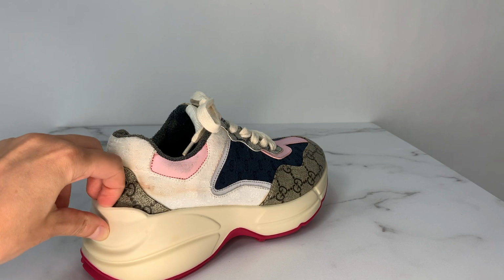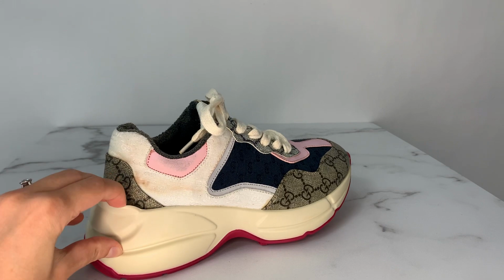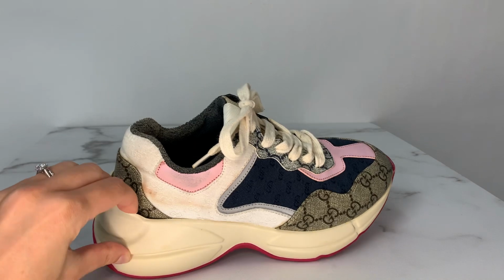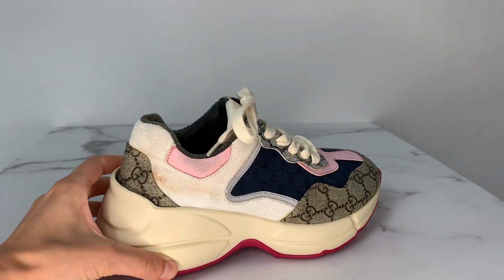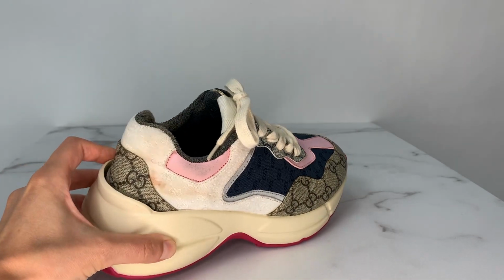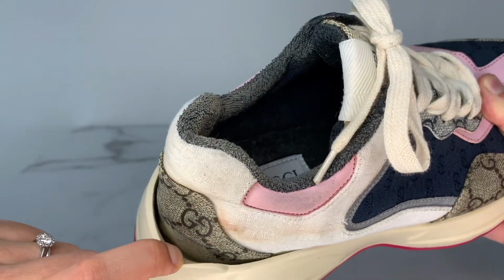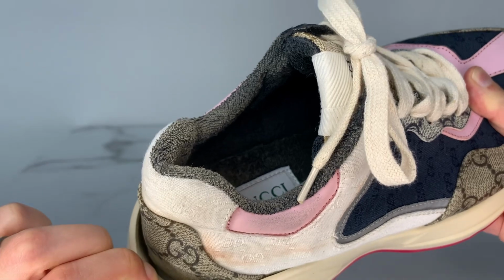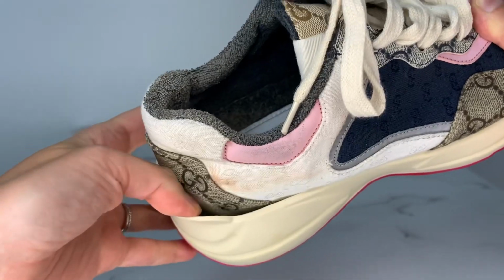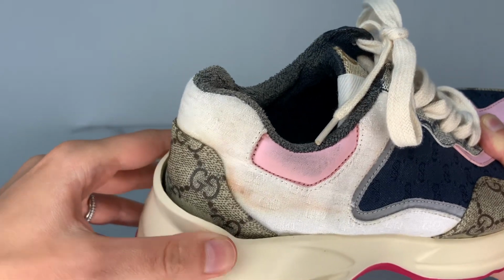One of the biggest telltale signs is this plastic, kind of where the sole meets the shoe itself. I mean, it's just totally coming undone. It's not the right fit. You would never expect something like this for a $900 shoe, which is what these retail for initially. If you look here where the coated canvas meets this sole, you can see that some of the paint has come off, and I think it's because they used glue to glue this sole onto it, which tells me